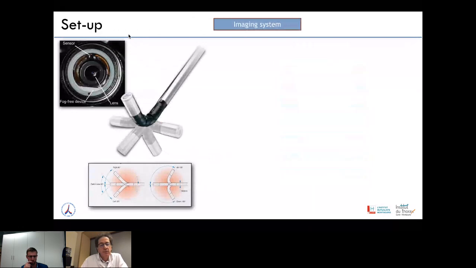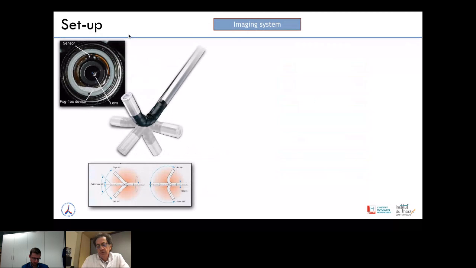So by deflectable scope, I mean this scope that most of you probably know, which has some drawbacks like being expensive and fragile, but on the other hand, it works extremely well. It gives a wonderful picture. And the second generation has an integrated fog-free device that is very useful.